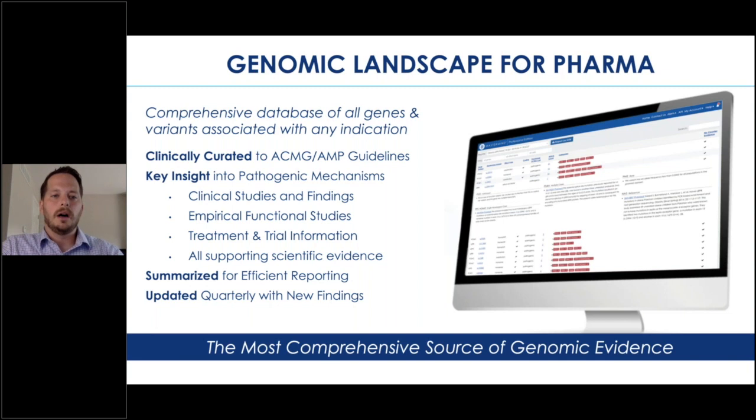This is a less well-known way that we deliver value among our clinical users, but we have a number of pharma attendees on the webinar, so I wanted to be sure that I described how Genomenon can produce comprehensive genomic landscapes, which is to say a database of all genes and their variants, curated to clinical standards for any disease indication or drug development program. And that data is curated very efficiently and very accurately according to those clinically accepted standards and provides our clients with key insight into the pathogenic mechanisms based on those clinical studies, empirical functional studies, treatment and trial information,